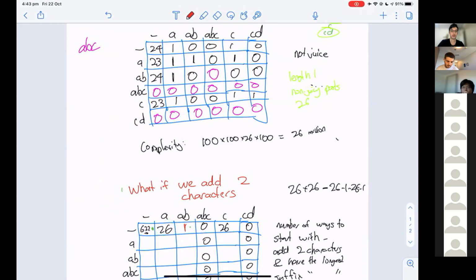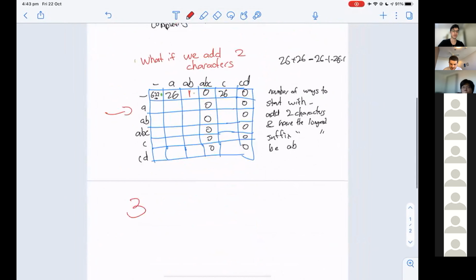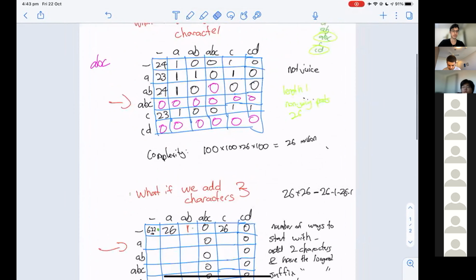Okay. Let's say, what happens if we multiply this matrix by this matrix? Well, in that case, we'll get the number of ways to add 3 characters. So we'll get the same matrix, but with 3 characters, which is the same as cubing the first matrix. So if we cube the first matrix, we'll get the number of ways to add 3 characters.